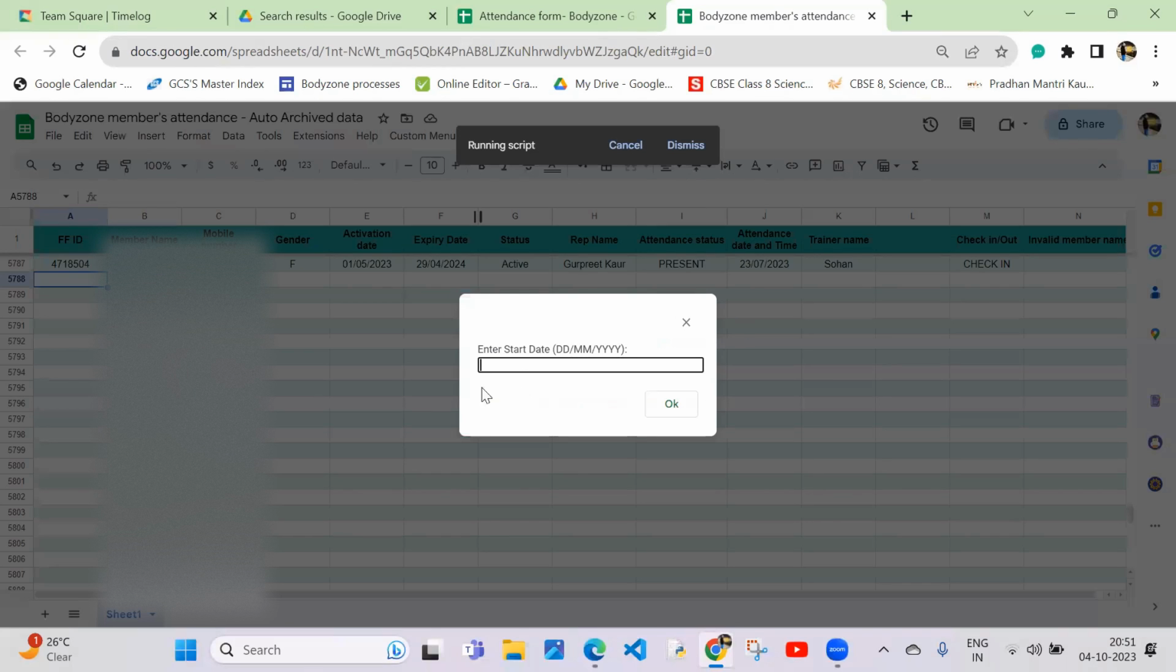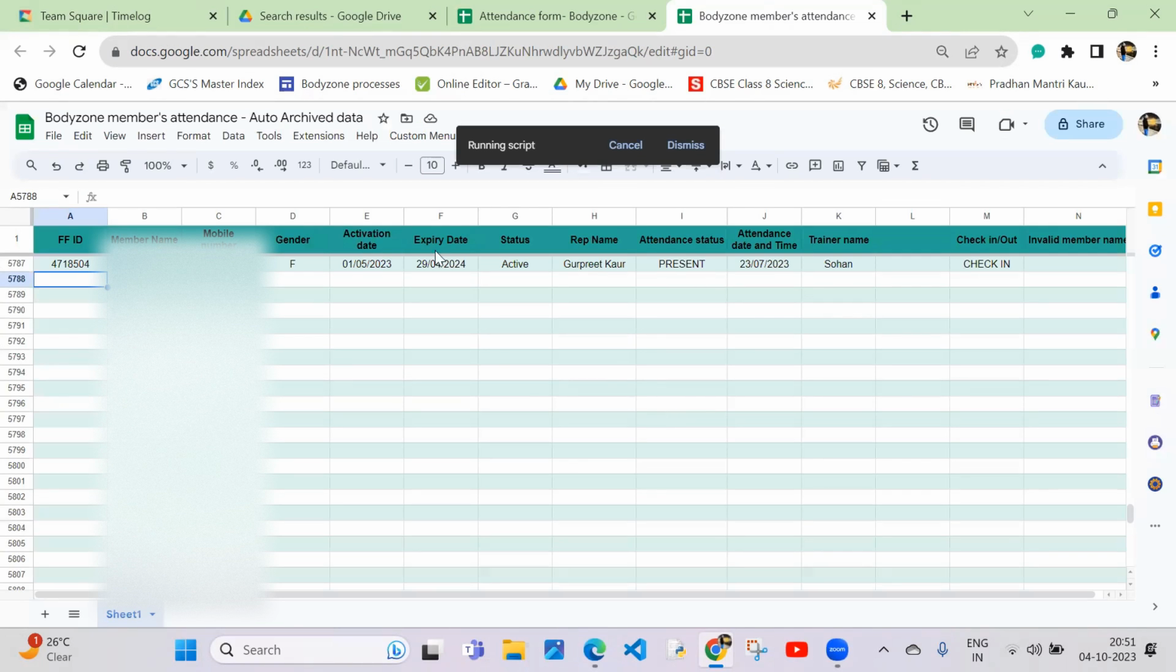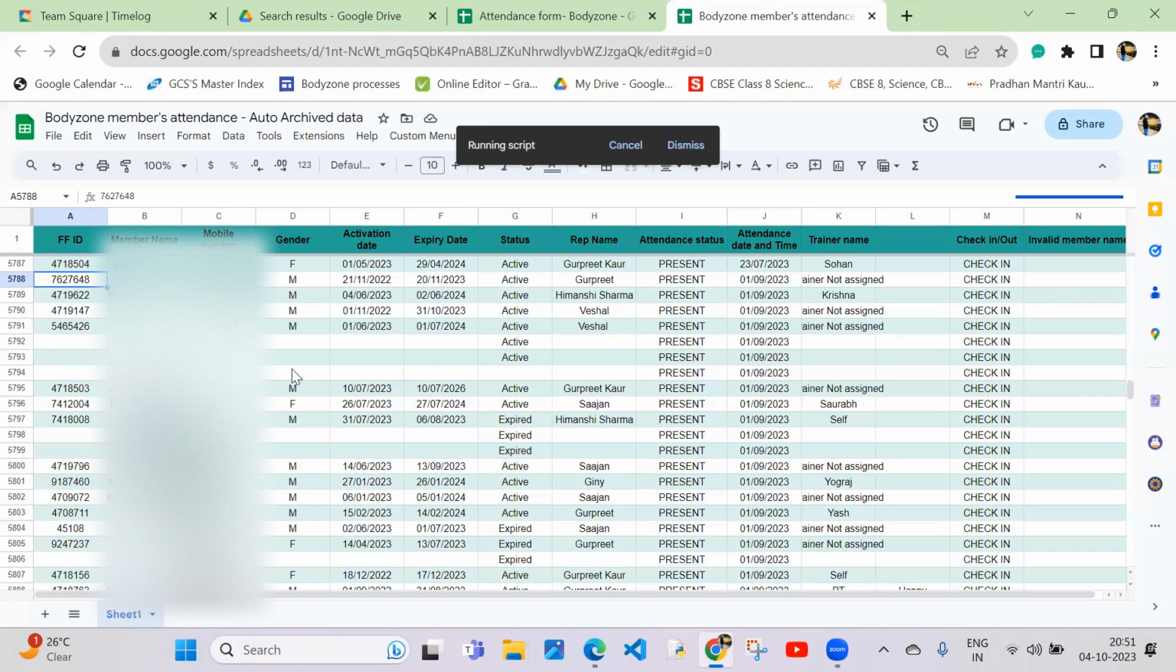A box will open to enter the start date. Let's enter the start date, 1st September 2023. It is my start date of the database. Next, I will enter the end date, which is 30th September 2023. Just click OK and our script will run. It will take 1 to 2 seconds only. Here we go. You can see here from 1st September to